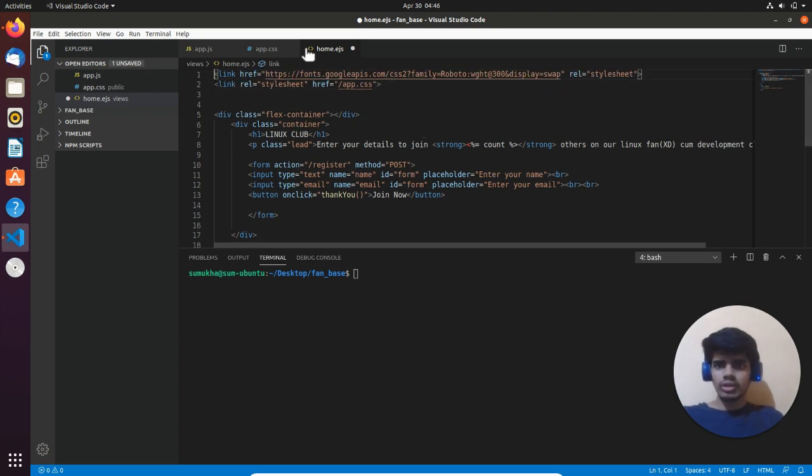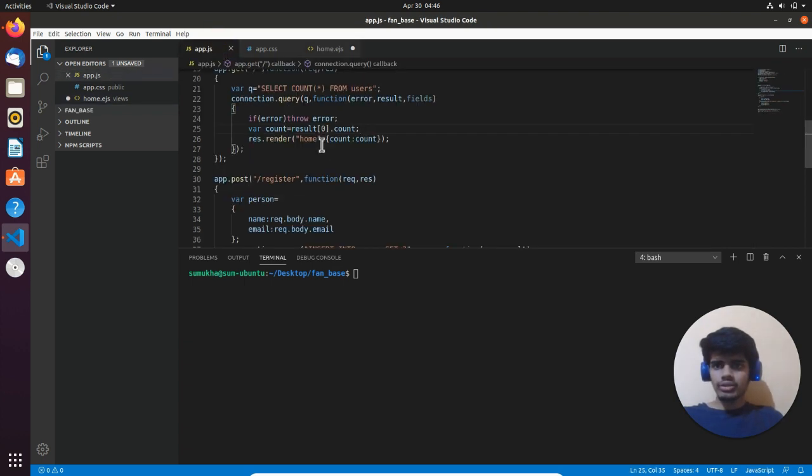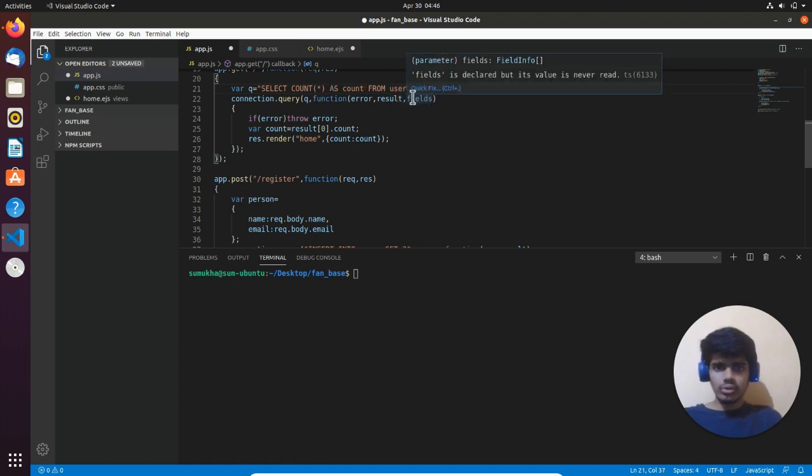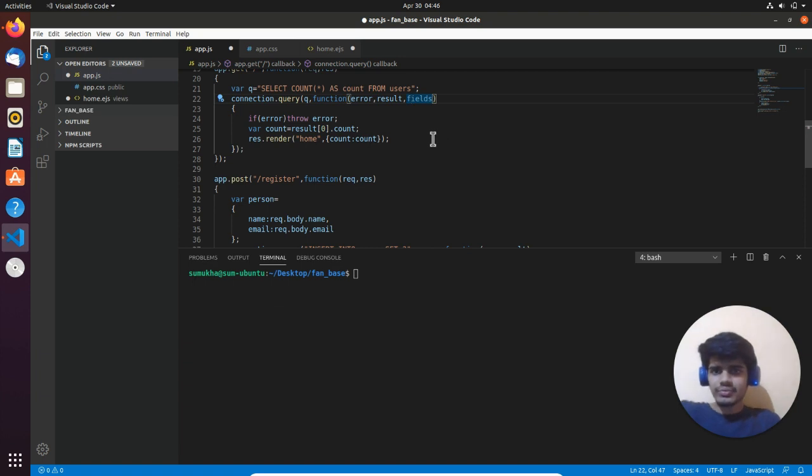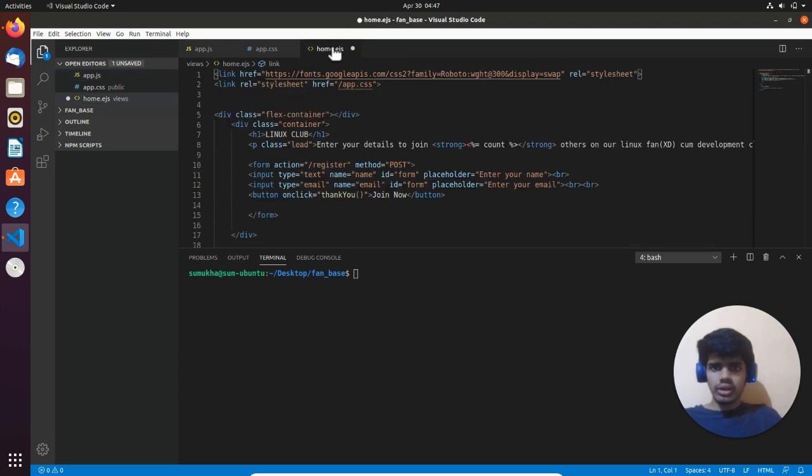Then what you have to do is go to app.js, and here we have used the count variable. This count variable is coming from this, so you have to give an alias function and use it as count here. Also there was a spelling mistake, so it's fields. I had made a spelling mistake while coding. Okay, so let's save all.